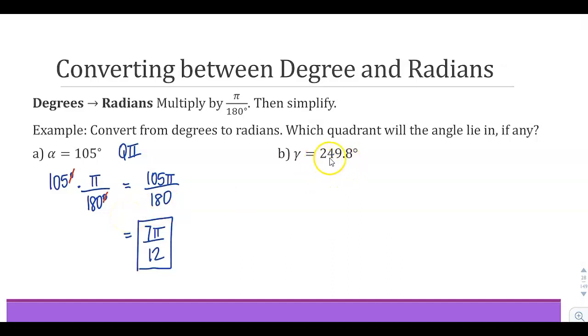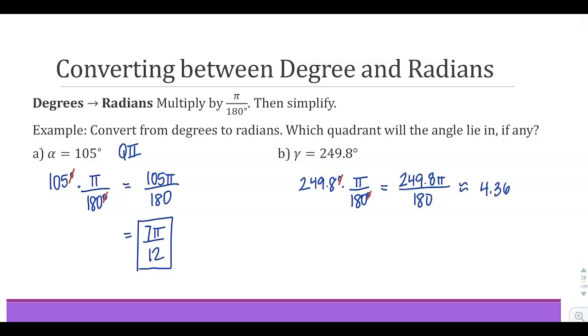And then here I have the angle 249.8 degrees. So we want to turn that into radians. So 249.8 degrees times pi over 180 degrees. Again, my units of degrees will cancel. So that means I will have radians. So I have 249.8 pi over 180. Which is kind of an ugly looking answer, so I'm actually going to approximate this answer. So keep in mind that pi is the irrational number that continues on forever, 3.14159, etc. So I'm going to substitute this into my calculator and get the approximation